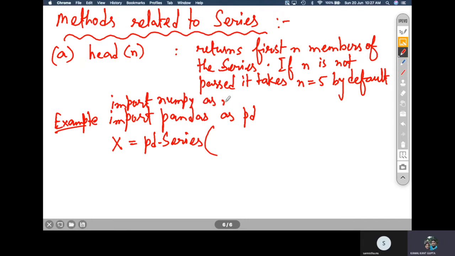Import numpy as np, and here I will write np dot arange.